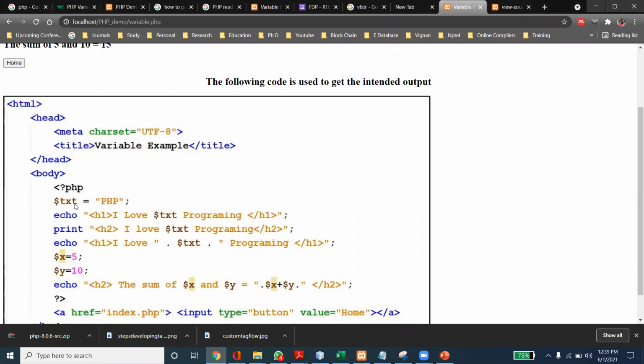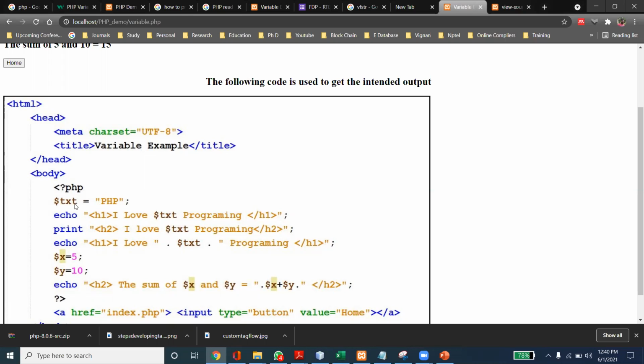Automatically, based on the value we assign, if you give a character string, then that is a string variable. If you assign an integer, then it is an integer variable. If you assign a float value, then it is a floating variable.